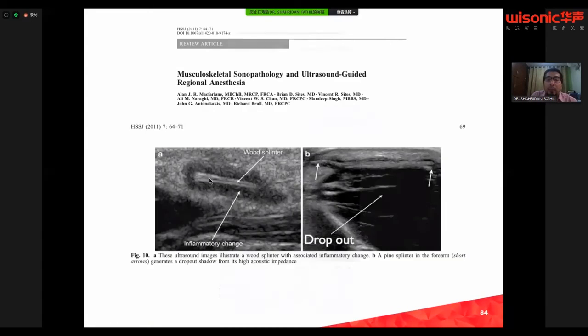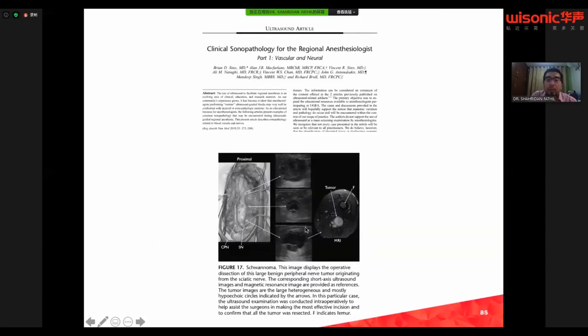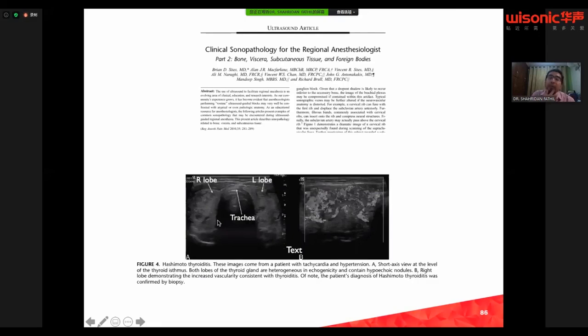Again, these are abnormal. This is an abnormal nerve, a schwannoma, and an abnormal thyroid. This is important, particularly when we're dealing with... I've actually diagnosed this when we're doing